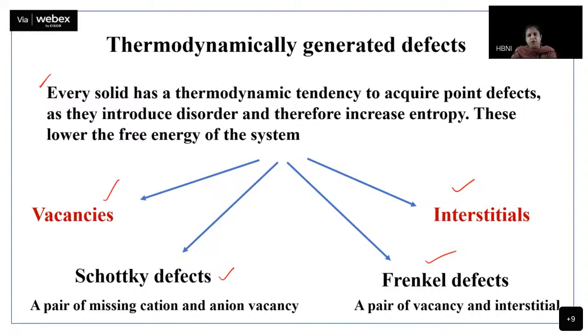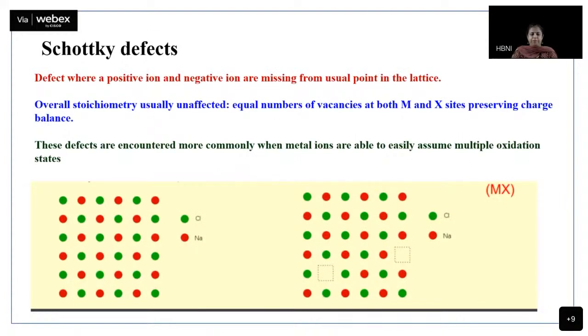What is the Schottky defect? This I will not say because you have been reading this, and you also won't remember for how long. It is a pair of missing cation and anion vacancy on the crystal lattice. And Frenkel defect, it is a pair of vacancy and an interstitial. Basically, an interstitial has moved from its lattice site, occupies some position nearby. So a pair of vacancy and interstitial is called the Frenkel defect. All right. Okay.